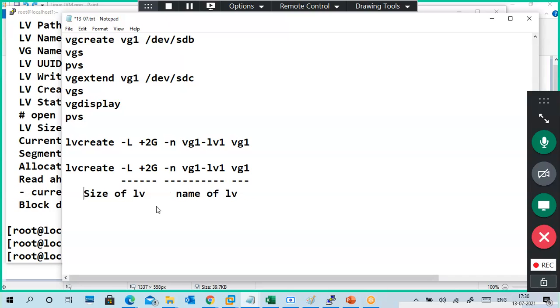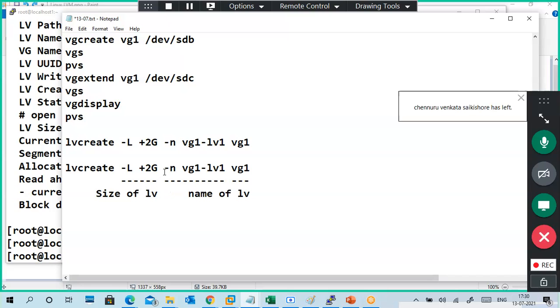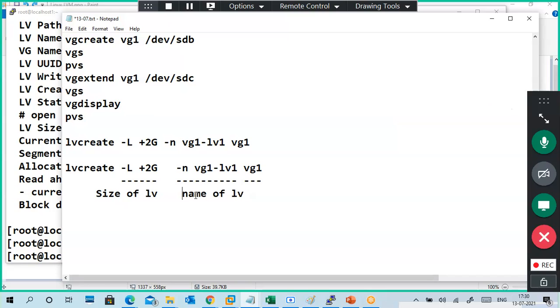I need some space. Okay, and it represents the name of the LV. It will represent the name of the volume group. Now it is okay.